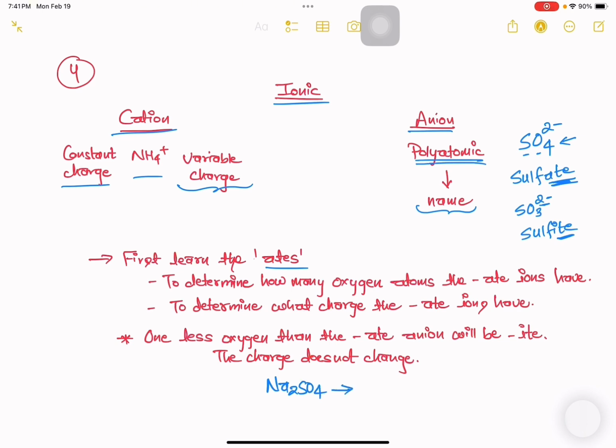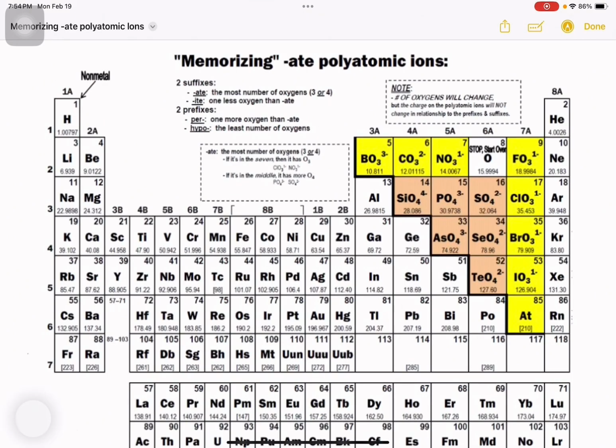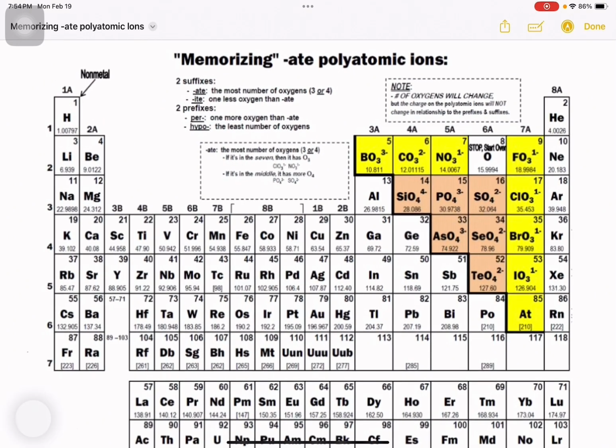For example, Na2SO4, name will be sodium sulfate, okay, sulfate, -ATE. Na2SO3, sodium sulfite, -ITE. There is a hint on how to find the number of oxygen and the charge on polyatomic ions,